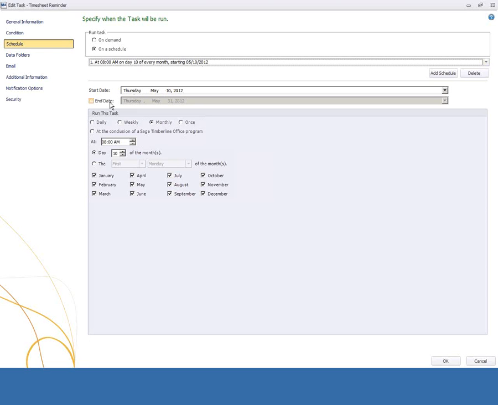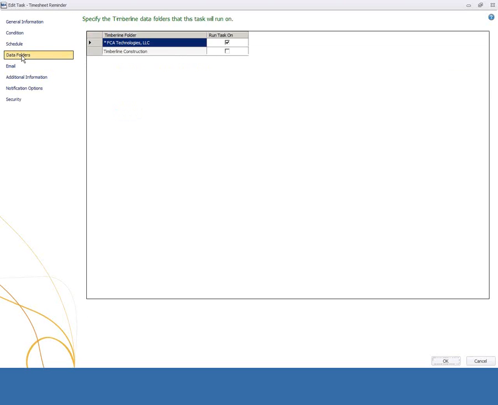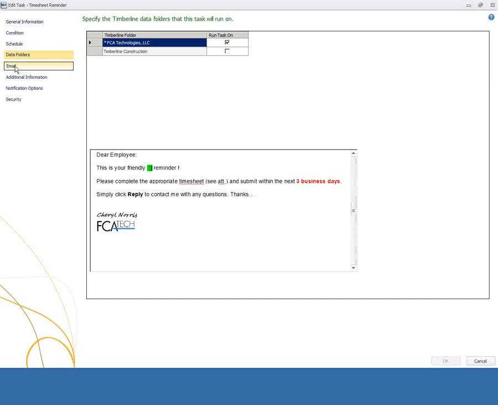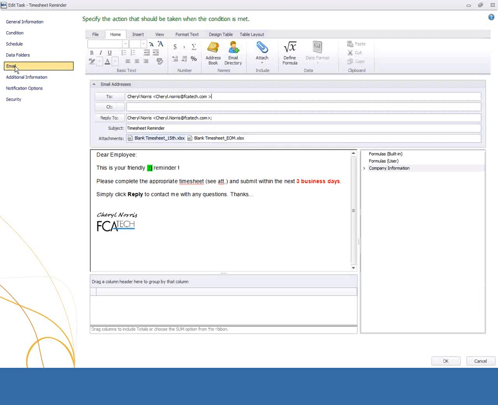If I want it to run indefinitely, I don't set an end date. Tell it to run monthly at this time, on this day of the month, all 12 months of the year. Once I have my schedule set up, if I have multiple data folders, I need to tell it which data folder to run on. And then when I get to the email, this is kind of the heart and soul